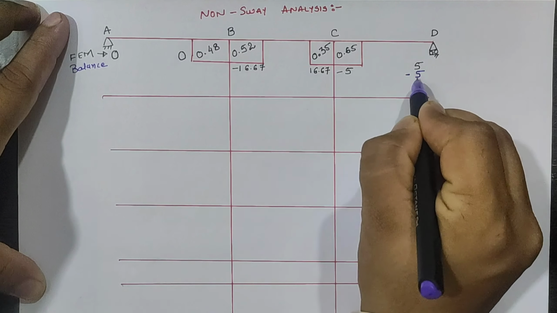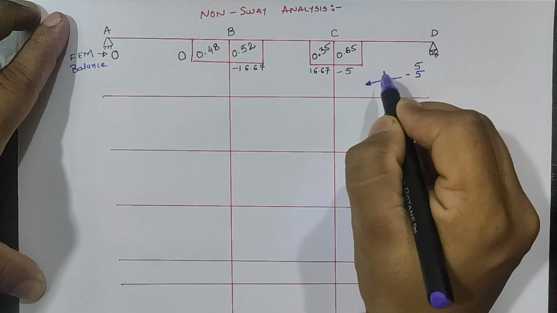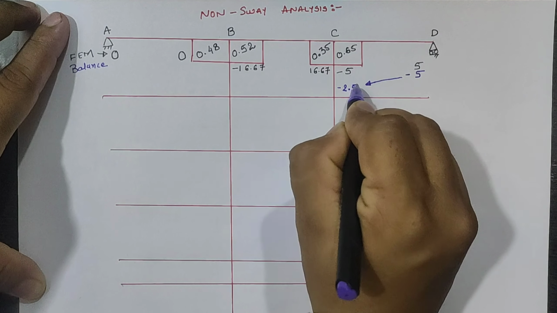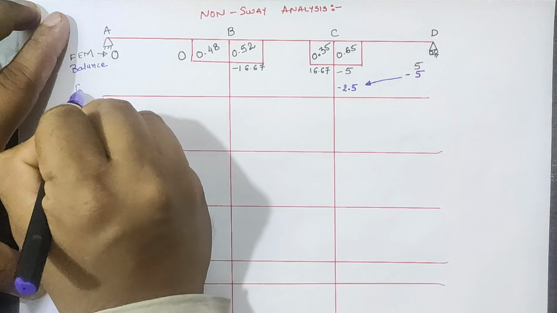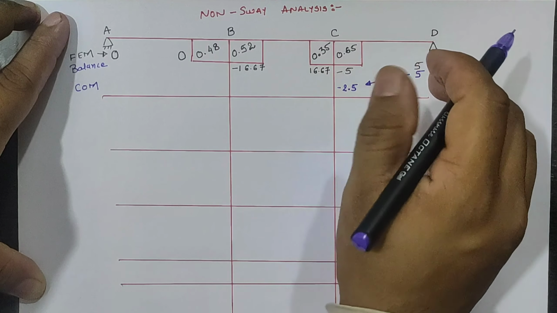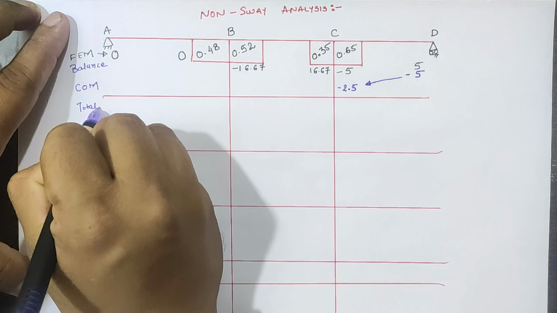Due to the balance moment, we have to apply half the carryover moment to the near span. Hence the half value is minus 2.5 as a carryover moment at the near joint. So the total moment at each joint is